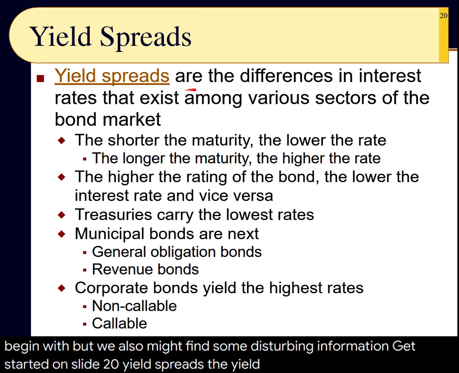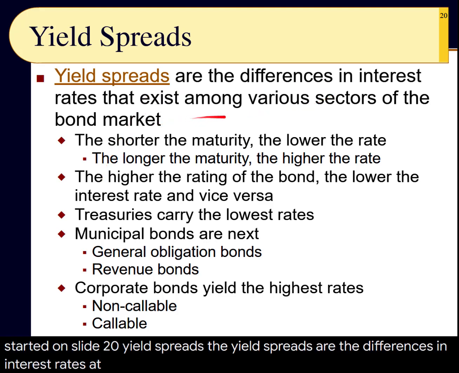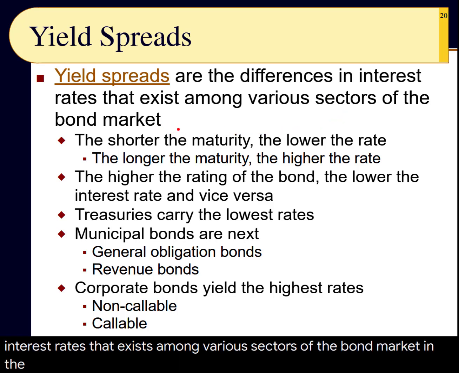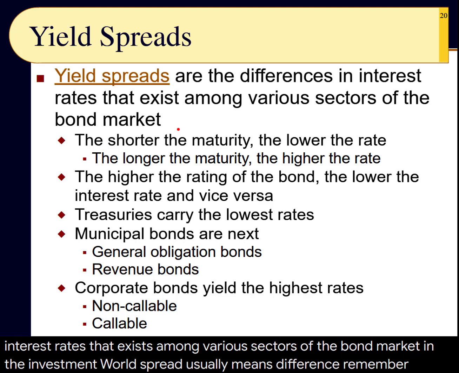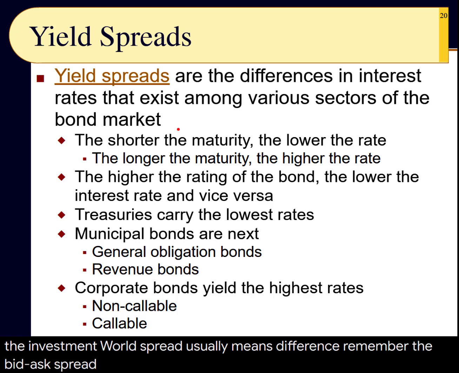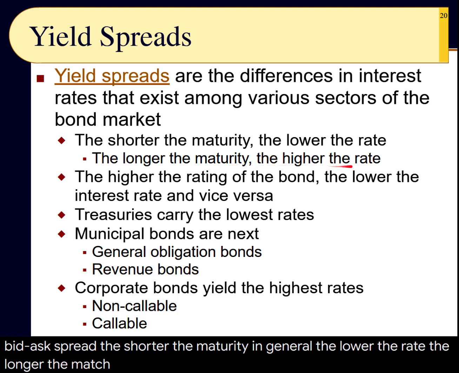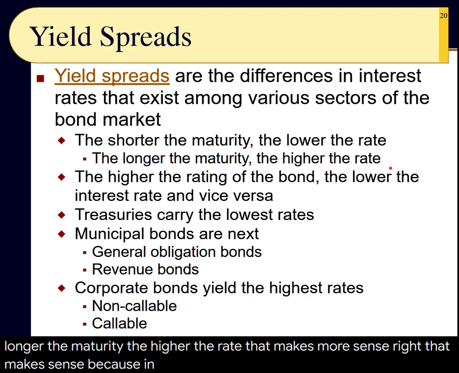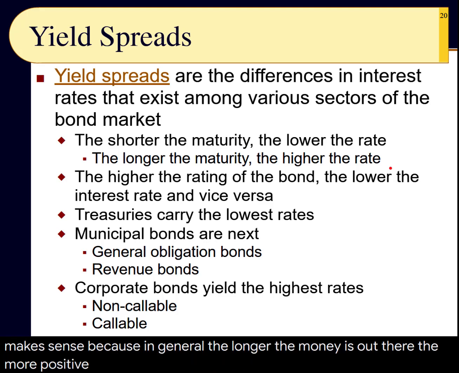The yield spreads are the differences in interest rates that exist among various sectors of the bond market. In the investment world, spread usually means difference. Remember the bid-ask spread? The shorter the maturity in general, the lower the rate. The longer the maturity, the higher the rate. That makes more sense, right? That makes sense because in general, the longer the money is out there, the more possibilities, opportunities for things to